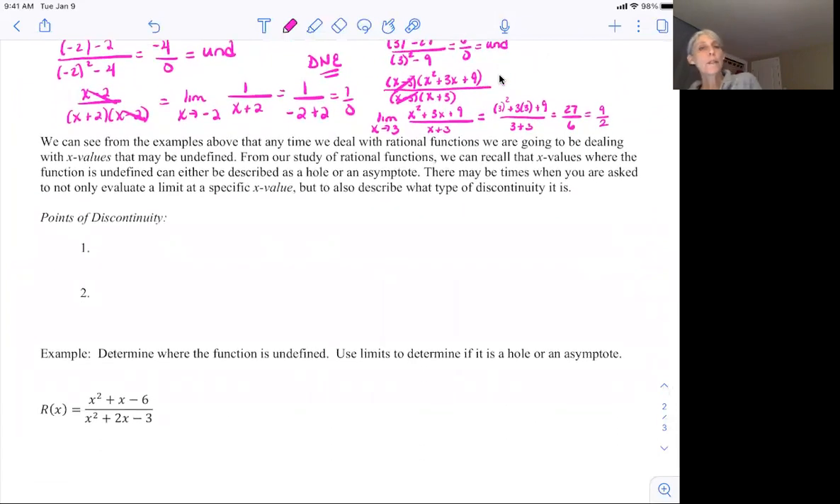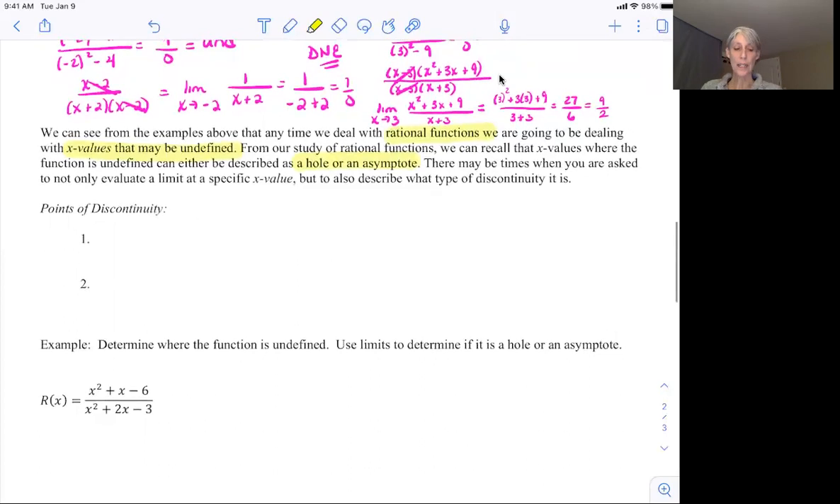Now we can see from the examples above that anytime we're dealing with these rational functions, we're going to be dealing with x values that may be undefined. And just to re-mention from our study of rational functions, the x values where the function is undefined can either be described as a hole or an asymptote. There are many times when you're asked to not only evaluate a limit at a specific value, but also to describe what type of discontinuity it is. So if you're using limits to describe what we call a point of discontinuity,